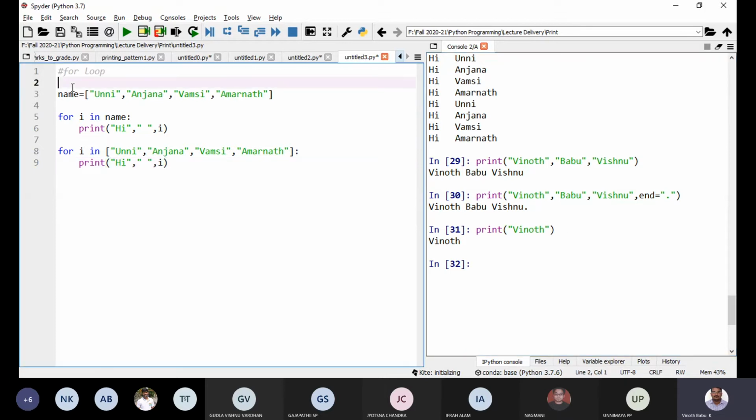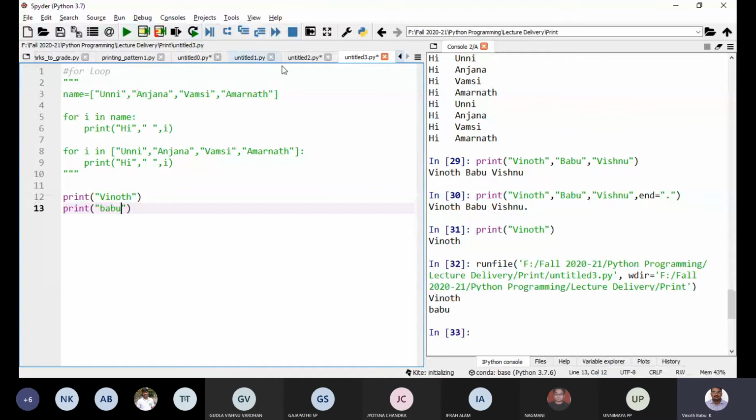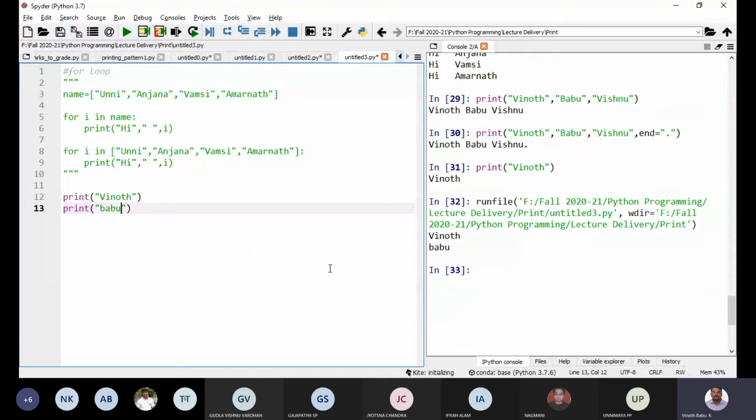It's better I type here. Print Vinod. Something like this. See, by default, the next print is not coming here, it is coming in the new line.